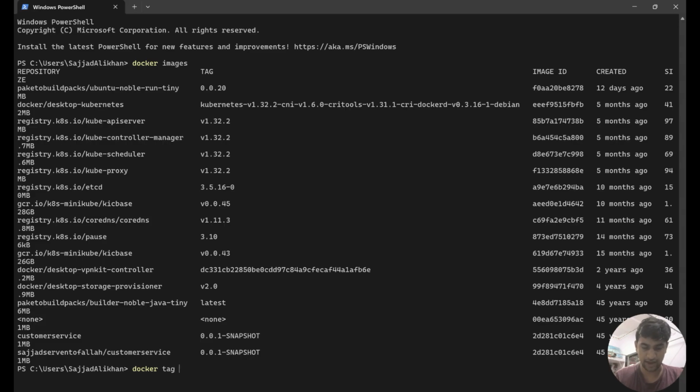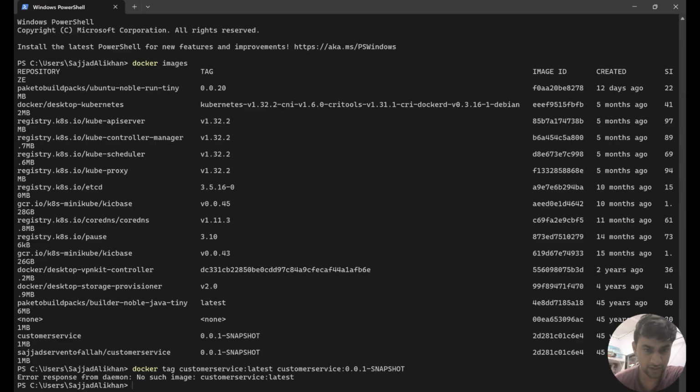I'll give the tag name as customer service latest, and then the actual image details: customer service colon, what is the version? This is the snapshot version I'm using. So that's fine. When I press enter,